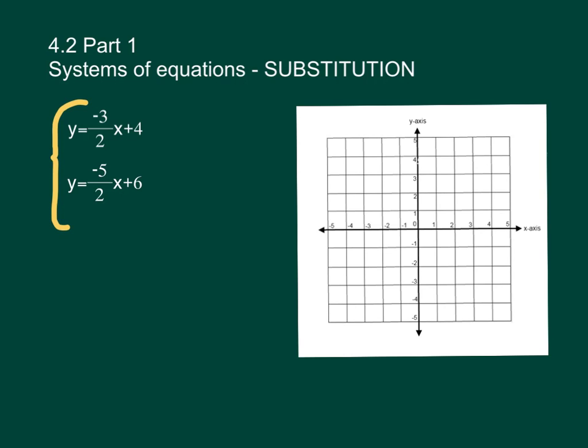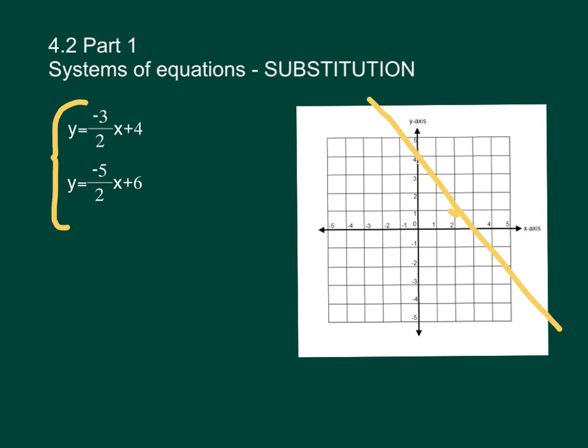If we look at the first equation, y equals minus 3x over 2 plus 4, we can graph that by plotting the y-intercept of 4 and then counting our slope down 3 and over 2. It's going to put us right here, and we graph our line. Again, we plotted the y-intercept of 4 and went down 3 and over 2 for that first line.